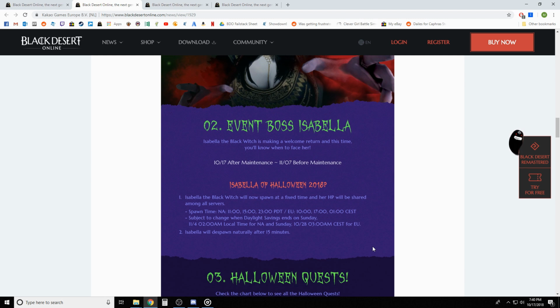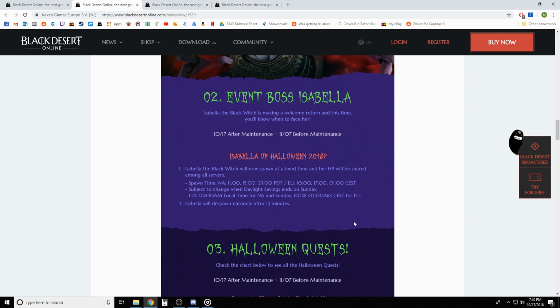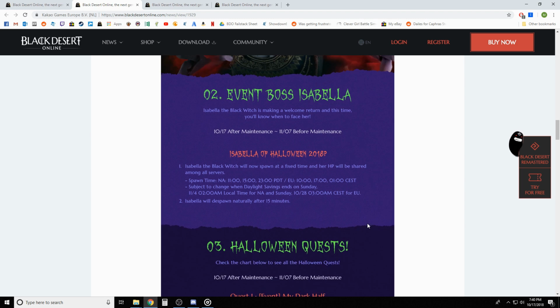Now the boss one is the event boss Isabella. So this spawns at specific times: 11, 15, and 23, US Pacific time. She shows up every single day at those times during the event. So that's subject to change when daylight savings ends. Anyways, she's going to show up until the end of the event, November 7th, and what you do is you kill it just like a world boss, and then you're going to get a drop from it,